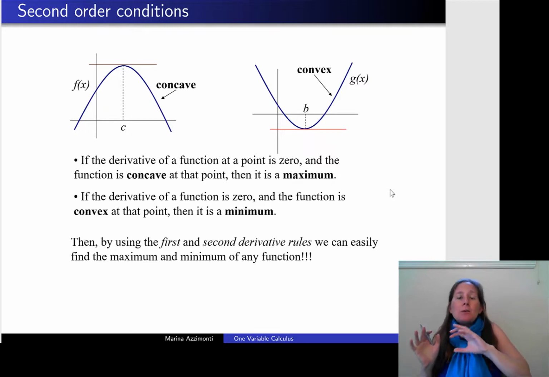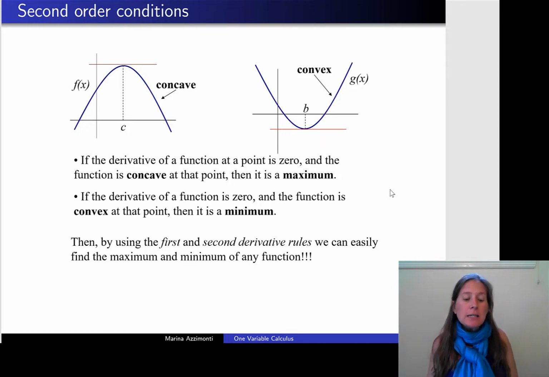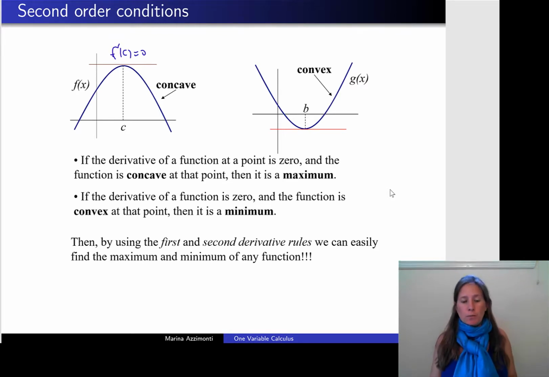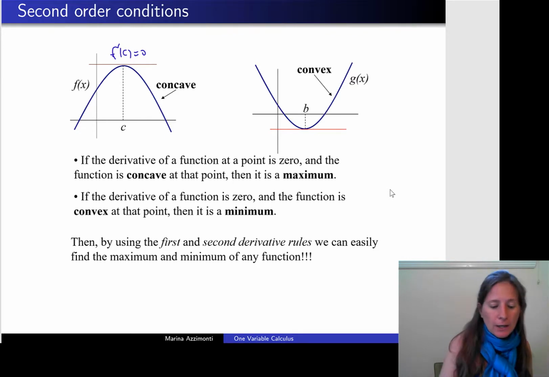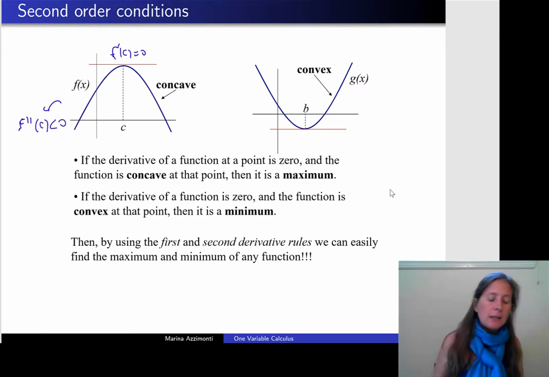Let's combine the result we had before with what we were talking about regarding concave and convex functions. So let's look at the first case, case C. So case C is a critical point because f prime at C is equal to 0. It's a point where the slope is 0, but notice what happens if the function is concave. Remember what we said before, a concave function is a case where the second derivative is going to be negative.